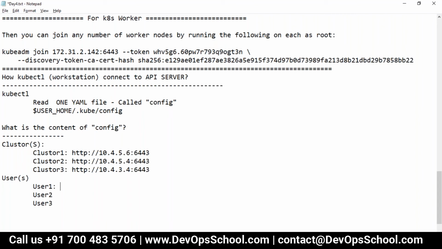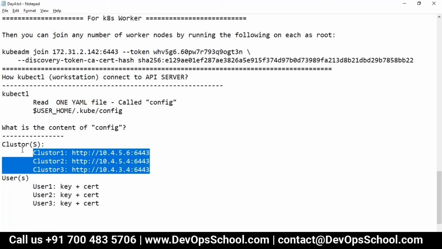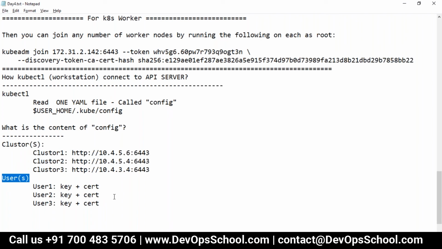Each user will contain a key plus a certificate. Key plus certificate. So all the clusters you mention here, all the users you mention here.